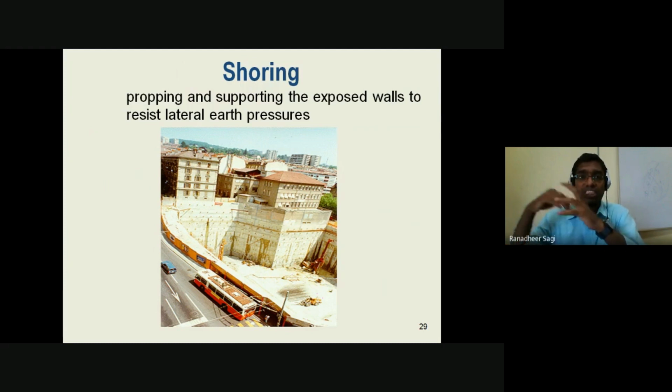So in the process of excavating the soil adjacent to the existing structure, there is a possibility that the soil below the existing structure might get laterally displaced, causing failure in that structure. We don't want such failures to happen in the adjacent existing structures because of the structure you are trying to construct there, where an open excavation is being carried out. So to prevent such failure, you try to provide retaining walls, or maybe sheet piles, which we drive into the ground to have the required lateral stability.